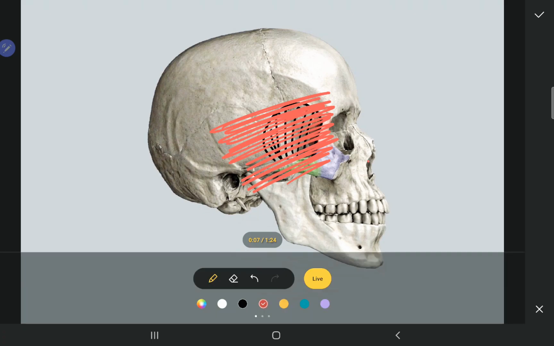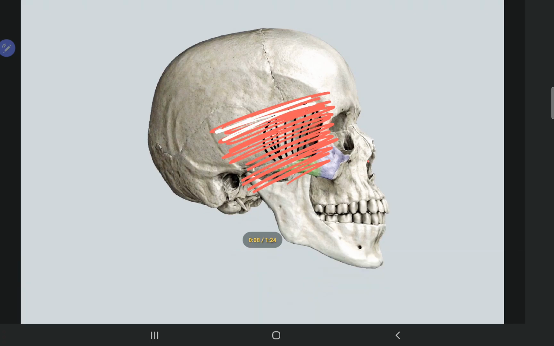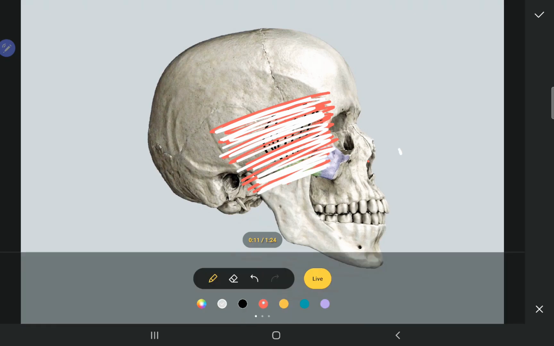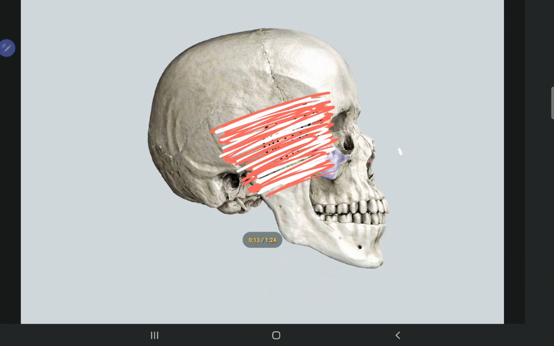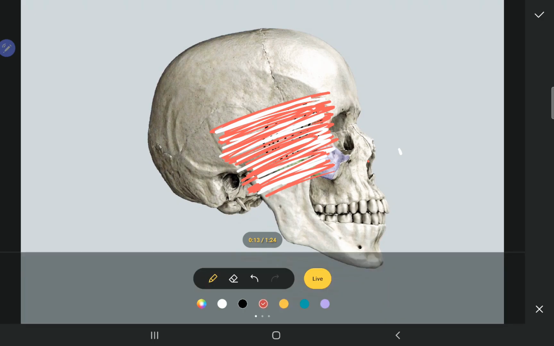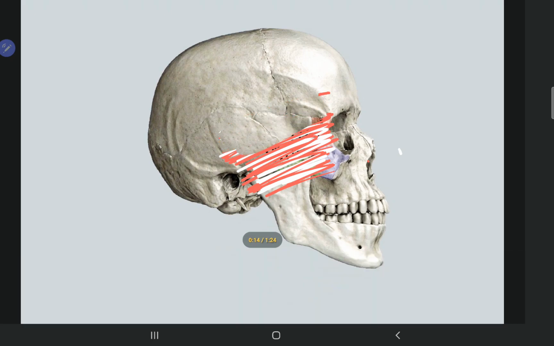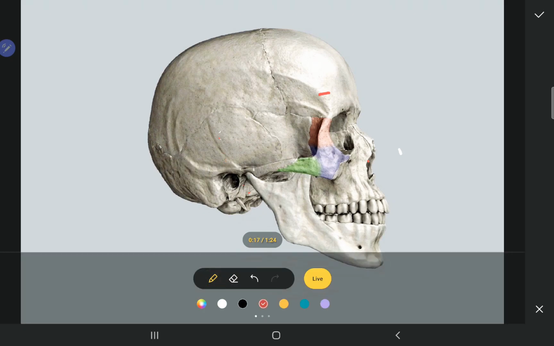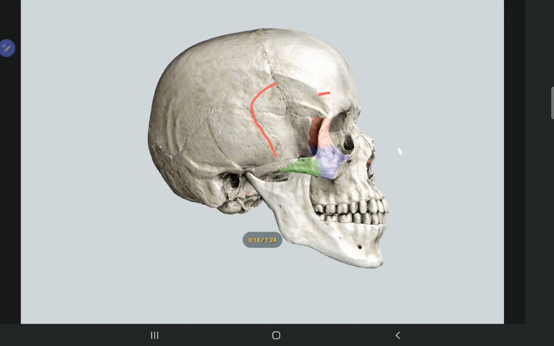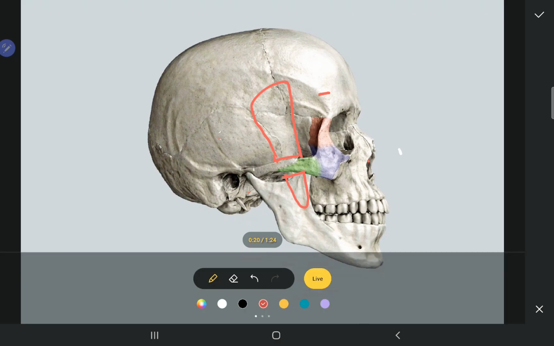I should have made it with the white because it is in white color. So there is this temporalis fascia. Above this we have got the skin. First we reflect the skin, and then we reflect the temporalis fascia, and then once we reflect all of these parts, we can see the zygomatic arch. So we place the elevator beneath the zygomatic arch, and then we reduce the zygomatic arch. So I'm going to show you.